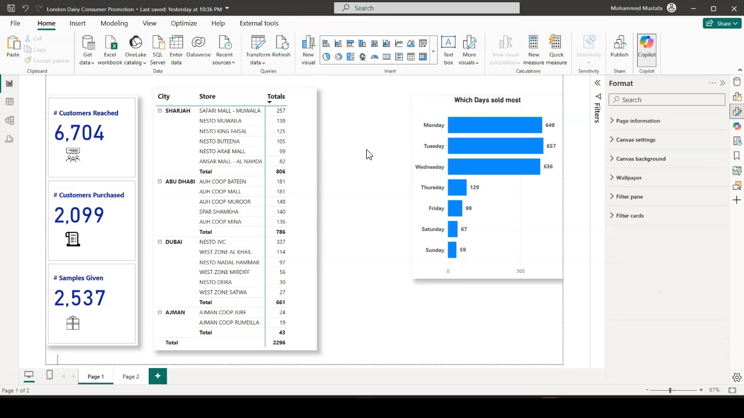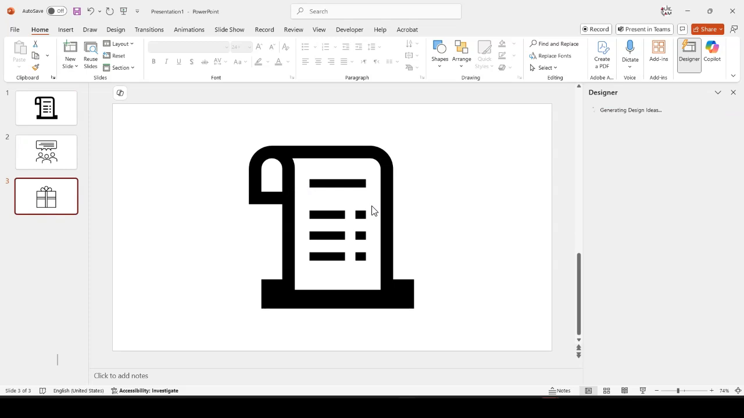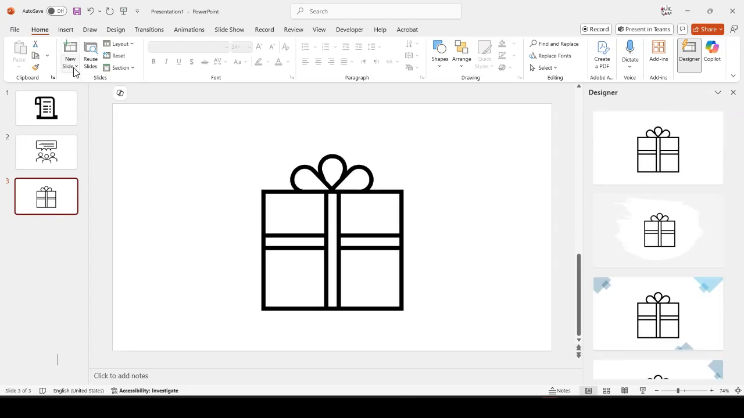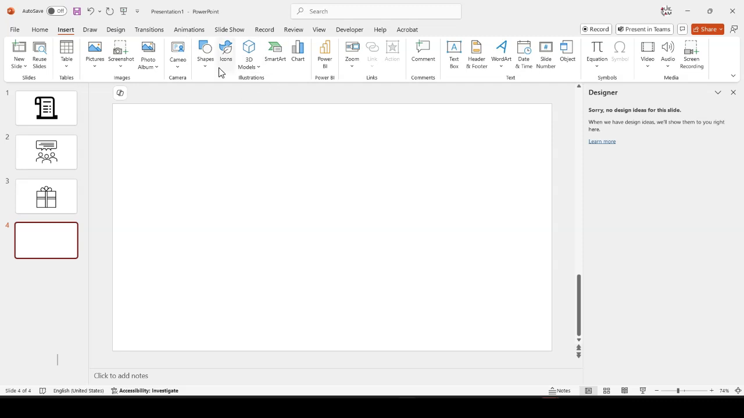Right, now let me show you how I got these icons. So I have opened up PowerPoint here, and you see that I have all 3 icons in place. Let me open up a new slide. I'll click on blank, and I'll go to insert. I'll click on icons,